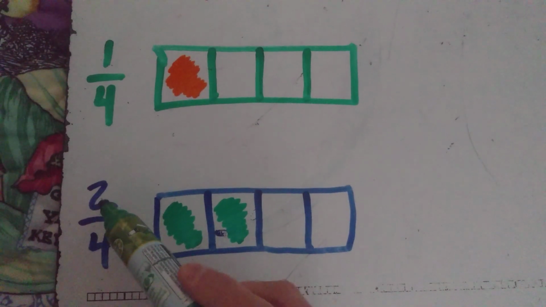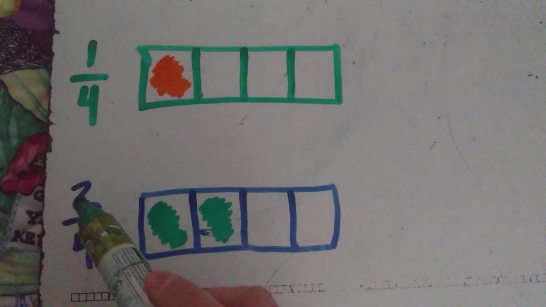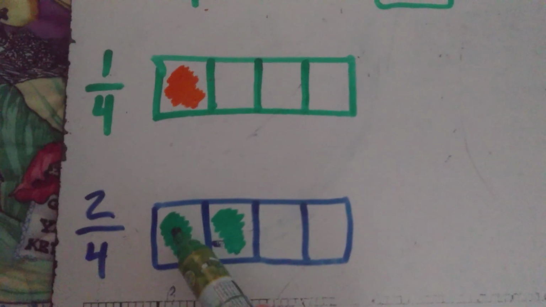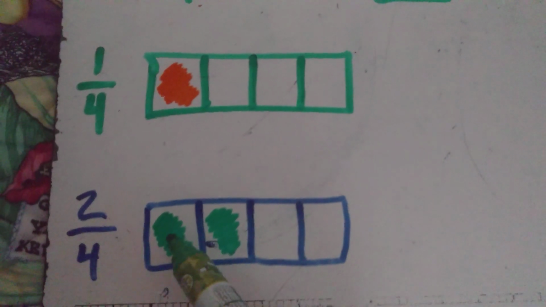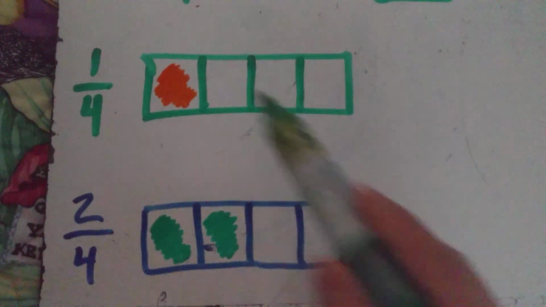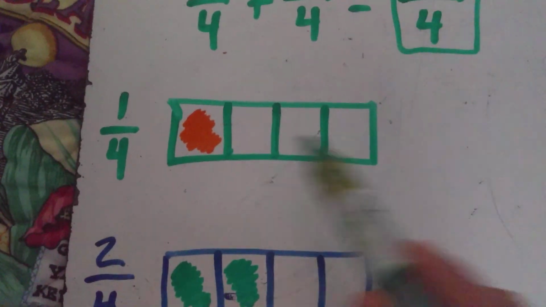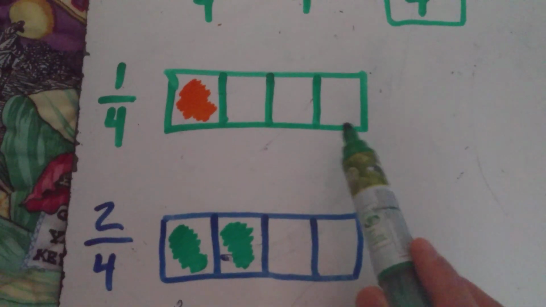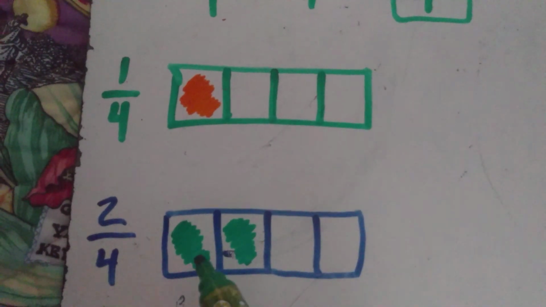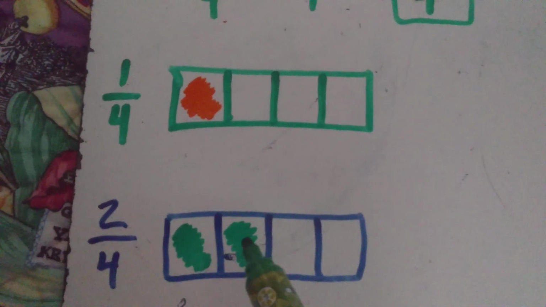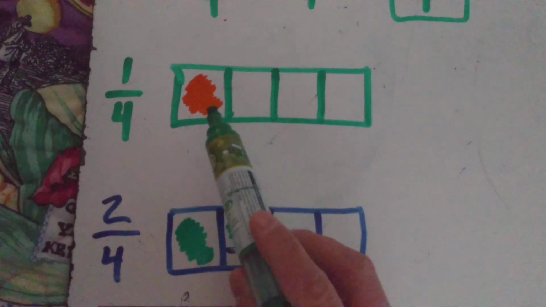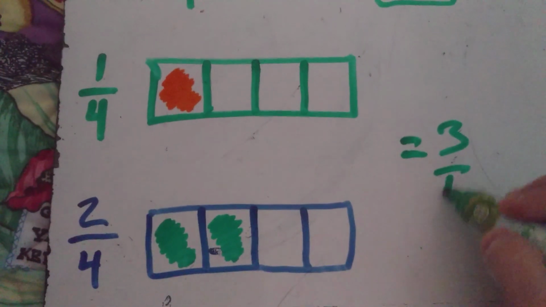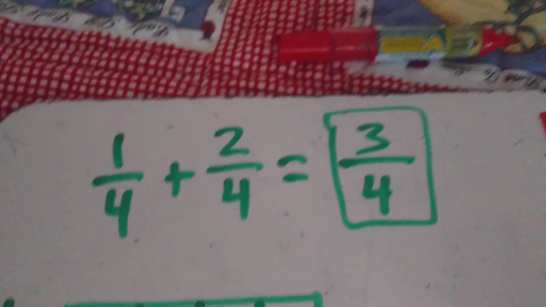Now the numerator, the top number, the 1 here and the 2 here, tells us how many parts we have. So we currently have, in this whole, 2 parts of 4. And in this one we have 1 part of 4. So we have 1/4. And likewise down here we have 2/4. Now what we could do is, since they're the same denominator, the same number of parts, we can simply add how many parts we have in total. And as you can see here, we have 1 part, 2 parts, 3 parts. So our answer could be 3/4,